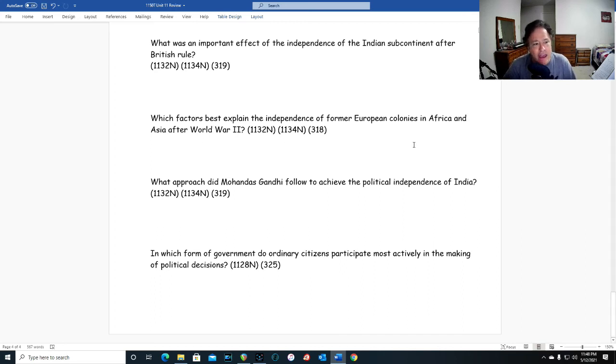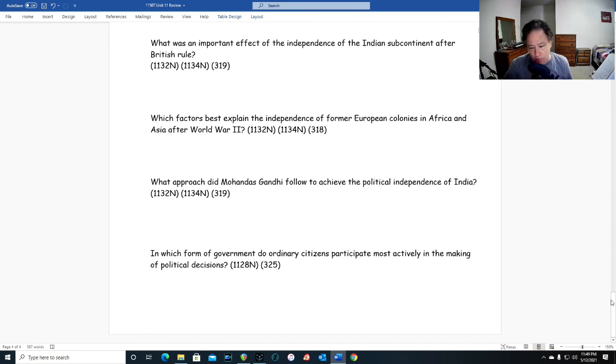And finally, you have nationalism. Now, nationalism was, as we know, a driving European trend that had been a main cause of both World War I and World War II. And so in response, these colonized people also felt that they deserved their own sovereign nations where they could determine their own destiny without European interference in their affairs. And so those are your three main factors that best explain the independence of former colonies in Africa and Asia after World War II.